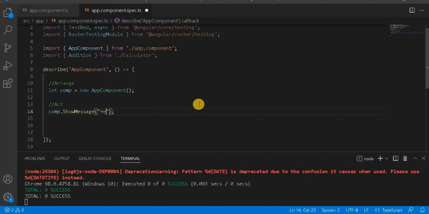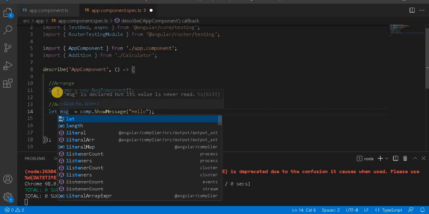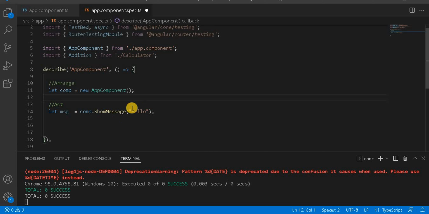I'm going to pass hello, and I'm taking the output in a variable, let message. So I'm taking the output inside the message. This portion is called the act.